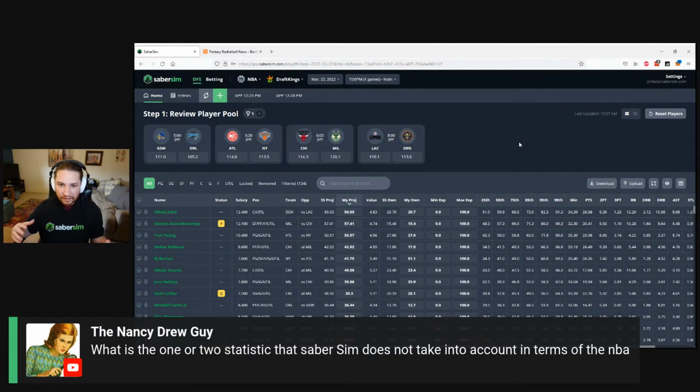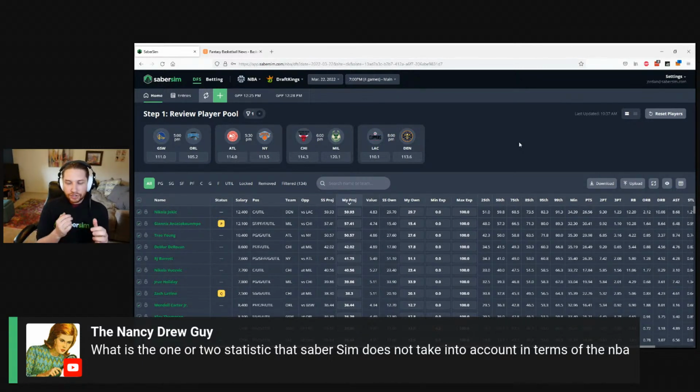There's a limit to how precisely any model can describe what the new Nets rotation, the new Nets usage, and fantasy points per minute for the different players is going to be after they trade away Harden, who soaks up a ton of that. And it's a totally different situation for the Sixers on the other side, who are gaining that player.